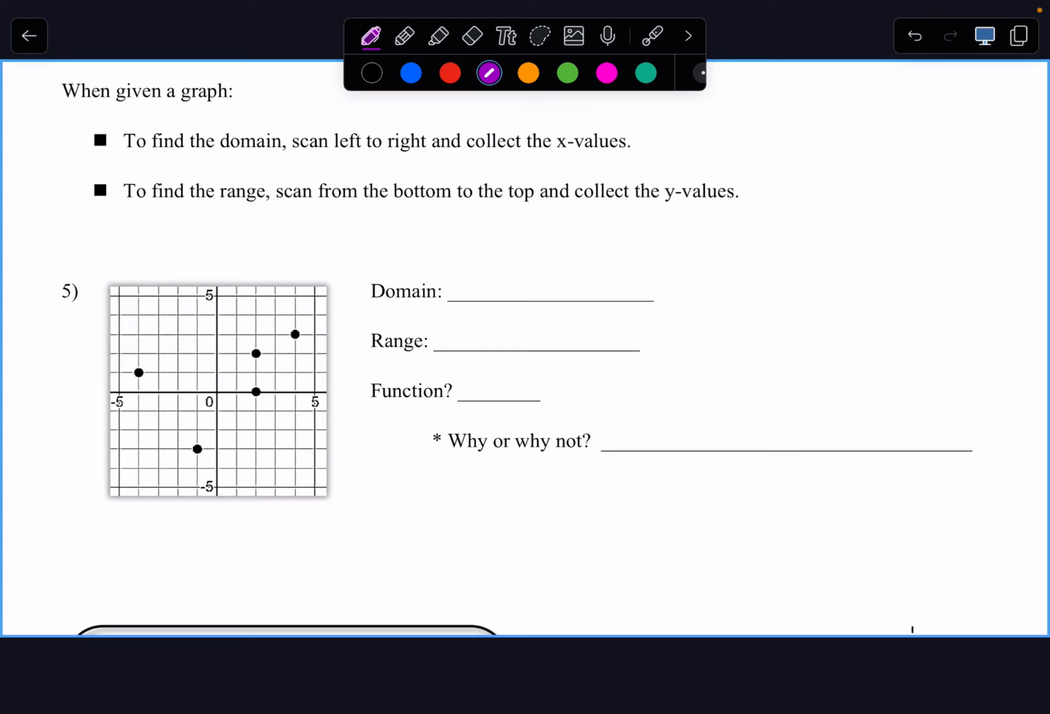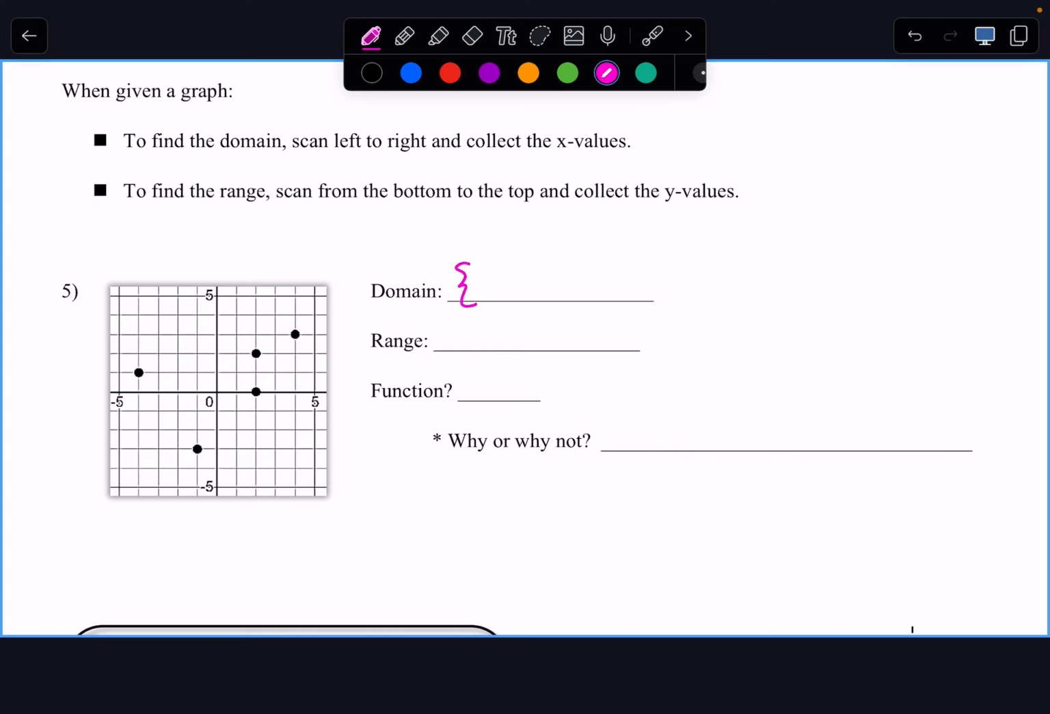Now, when we are asked for the range or the domain from a discrete relation that is a graph, we need to basically go from left to right to get our x values. We need to go from top to bottom to give us our y values. So for our domain,